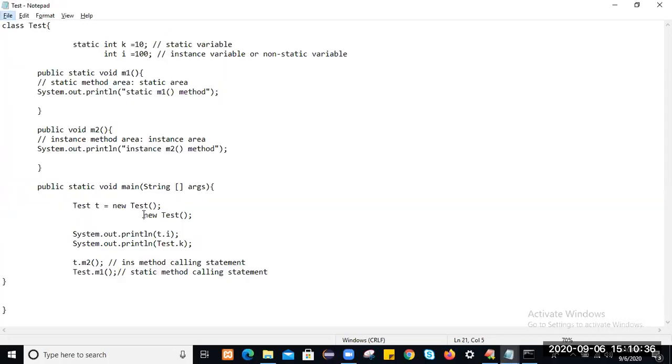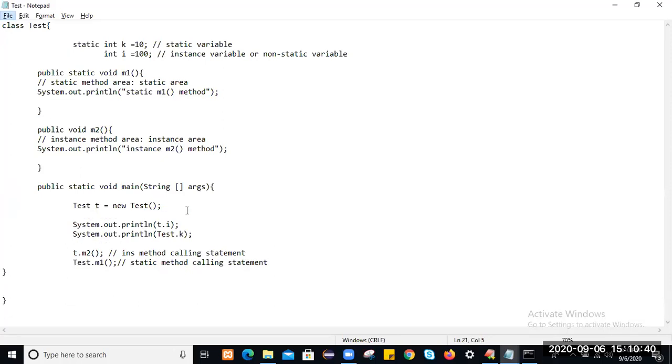Now you see, let me go here. In this example, tell me what is small t. We are saying small t is a reference variable. Yes or no? What it is doing: small t is holding the memory address of an object. And what is the data type for this small t? The class name. The class name is the data type. Just write it down.